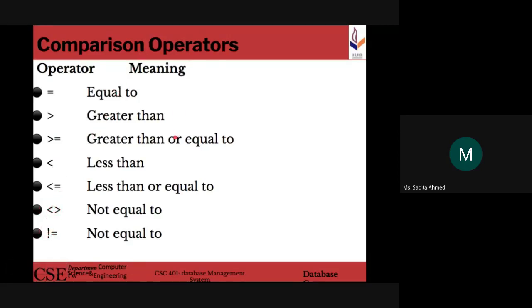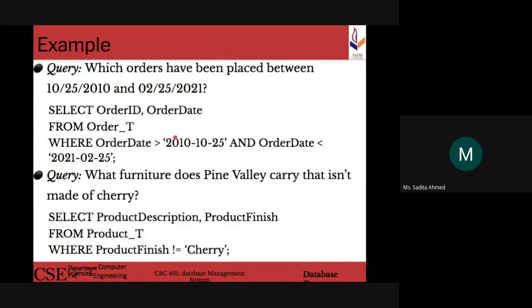Okay, right then. So how can we use these operators? You guys have already used the greater than less than operator, right? When we were doing the date example. So same thing here. Which orders have been placed between these two dates? So order date আছে, so we know that we have to go to the order table. Order ID, order date, দোনোটা জিনিস লাগবে। Which orders? So we need the orders, that is the order ID. Which orders have been placed? The result, ultimately we want the orders, so order ID লাগবে। Between these two dates, so order date লাগবে।